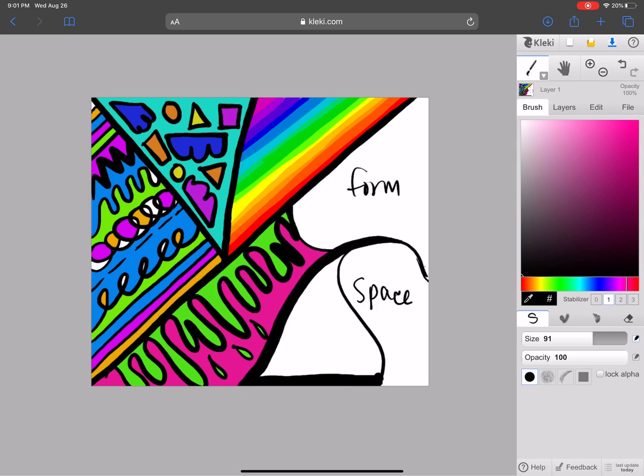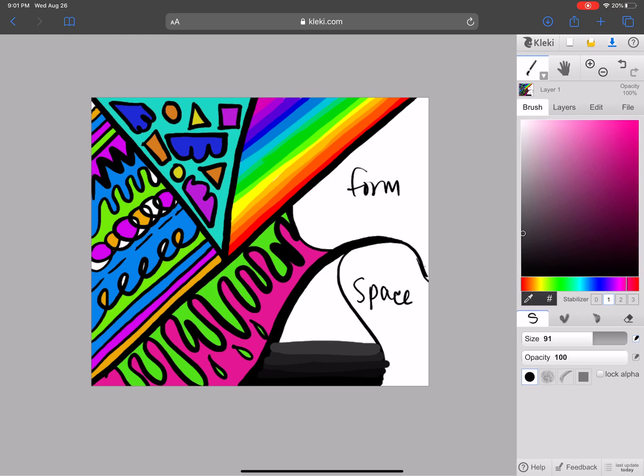So outlining the shapes that you've randomly created can sometimes help you kind of organize a little bit better. And I'm just going to move the color picker up the side of this color block to create